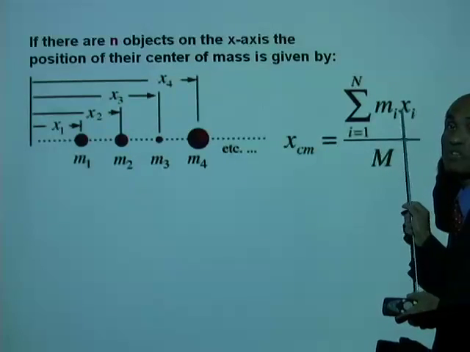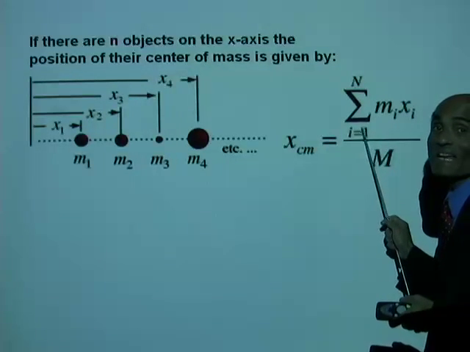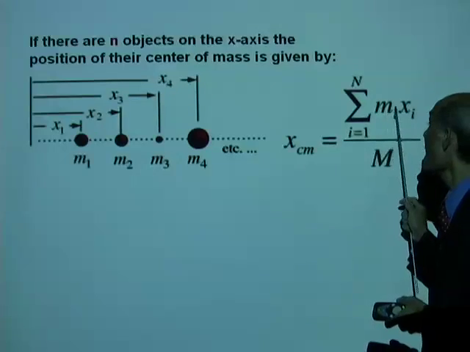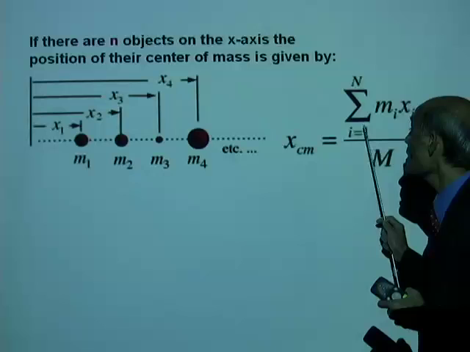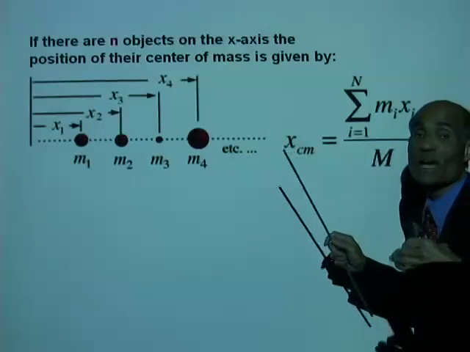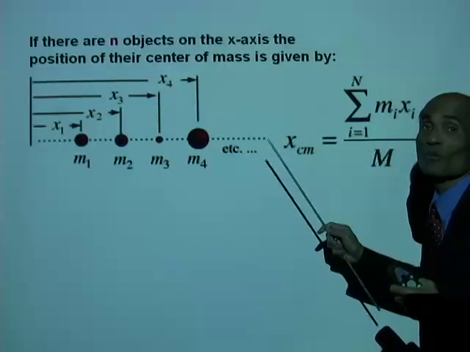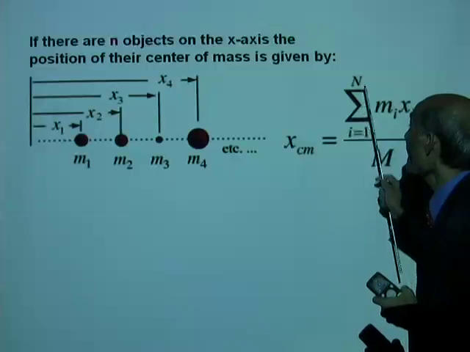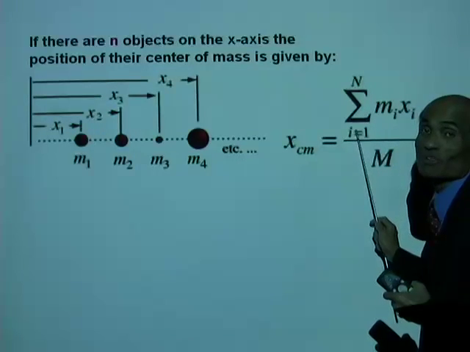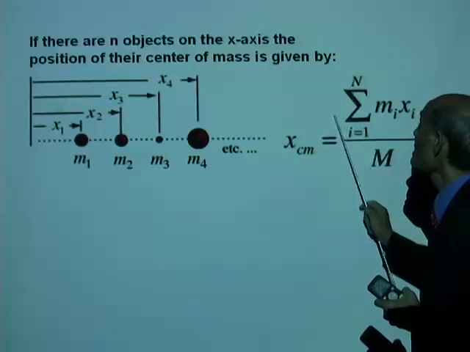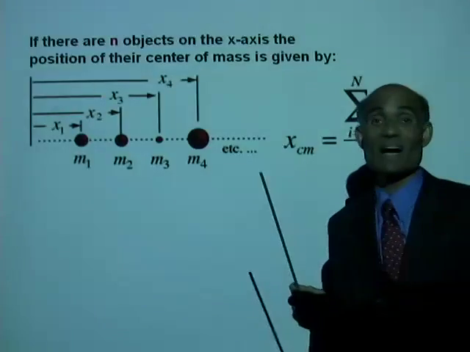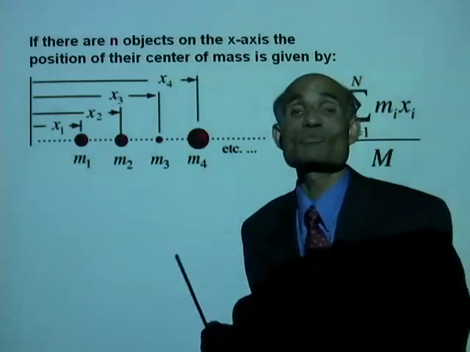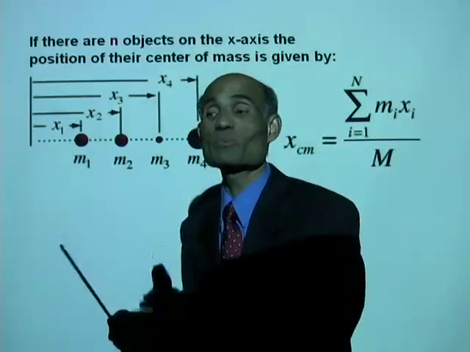I hope you understand these notations. When i equal to 1, mi xi will be m1 x1. When i equal to 2, it will be m2 x2, and so on. We can do it for n number of objects. In other words, summation i equal to 1 to n of mi xi means m1 x1 plus m2 x2 plus m3 x3